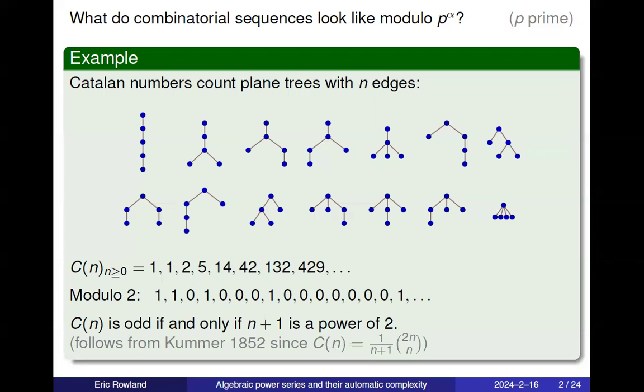This is pretty easy to prove because the Catalan numbers have this formula in terms of a binomial coefficient, 2n choose n divided by n plus 1. A result from Kummer tells you the highest power of any prime p dividing a general binomial coefficient. So you can use that to determine when your nth Catalan number will be odd or even. So that's mod 2. What if we